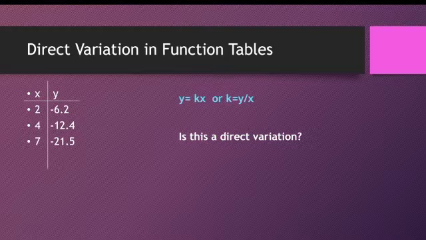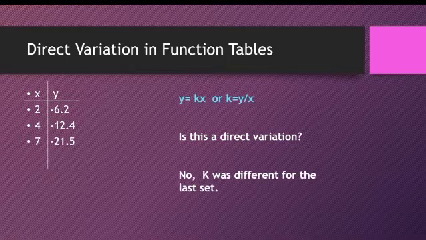So I'll give you 5 seconds to do that. If you could divide 6.2 to 2, 12.4 to 4, and 21.5 to 7. So if your answer is no, this is not a direct variation because the constant of the last set is different from the two. So pag chinek nyo yan,